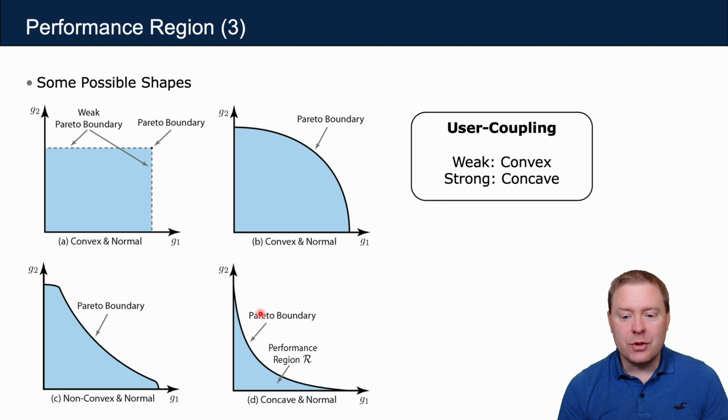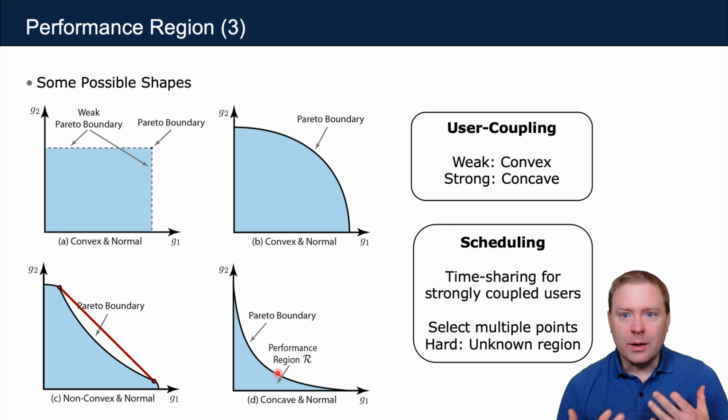So depending on the shape, if it is convex, then there is a weak interference between the users, so we can achieve quite a lot of the performance for one user without degrading much for the other one. When it's concave, we have a strong trade-off where a small improvement for one user causes a large degradation for the other user. One can consider some kind of scheduling where we are time sharing between strongly coupled users,